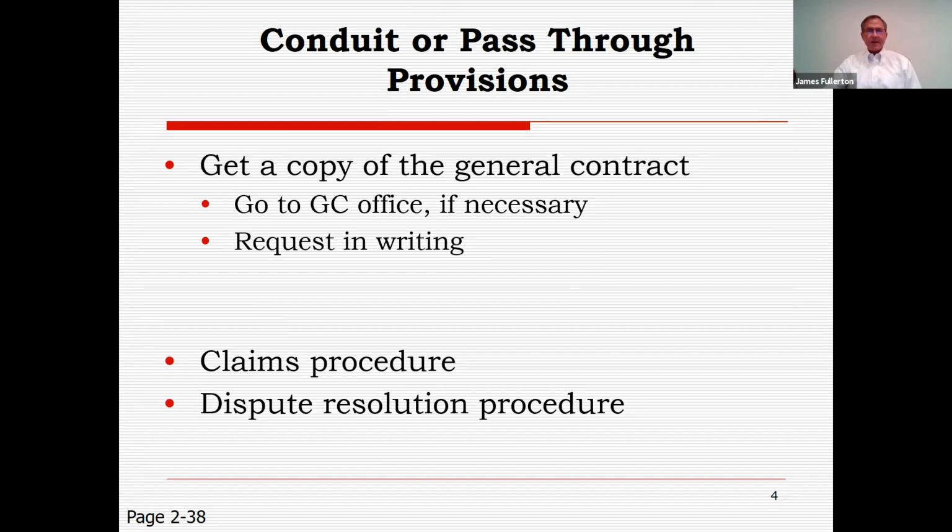We're going to end up spending a fair amount of time talking about that this morning. Now, if the GC really will not give you the general contract, I advise you to request it in writing, especially if they won't even let you come to their office. Request it in writing, because when you end up in a dispute about a change order,